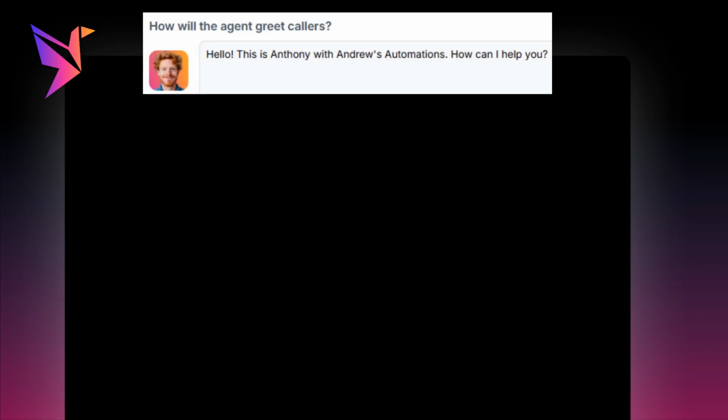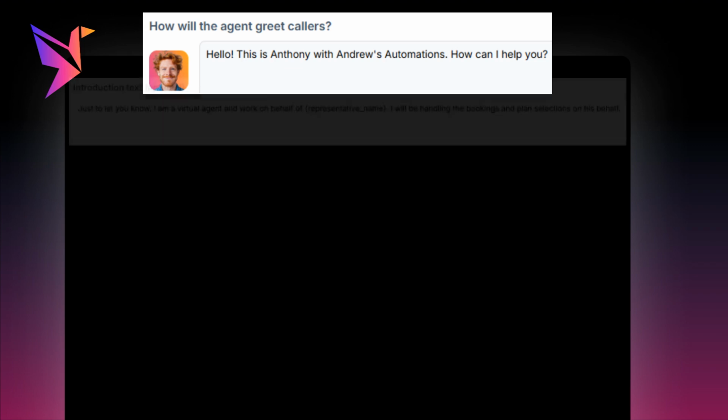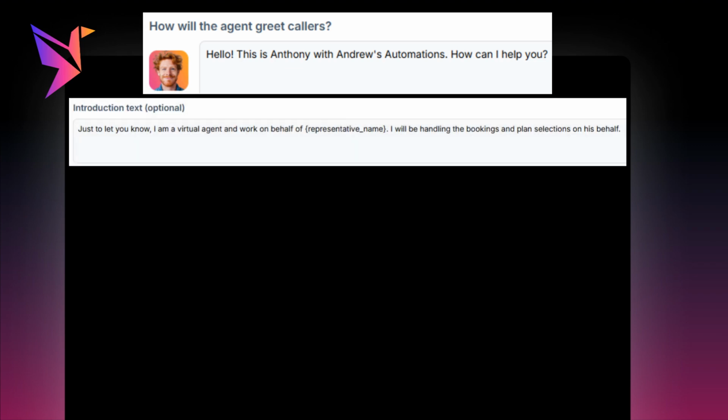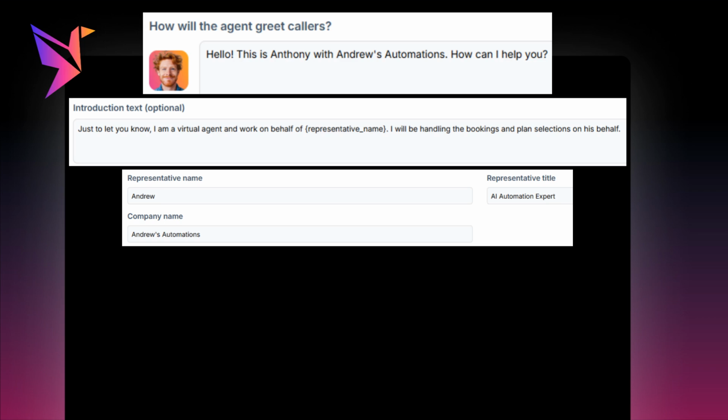You'll configure how the agent greets callers, the opening line used to start interactions, introduction text, a brief sentence where the AI introduces itself and its function, representative name, the real person the agent is representing, representative title, that person's role or job title like sales manager or CEO, company name, the business the agent is working on behalf of,